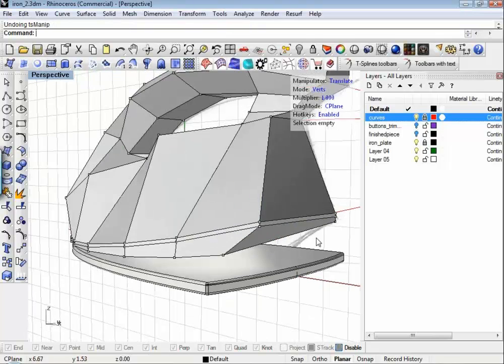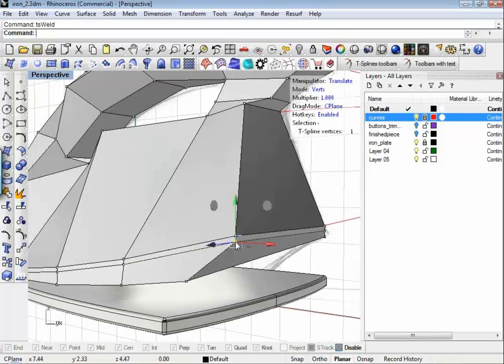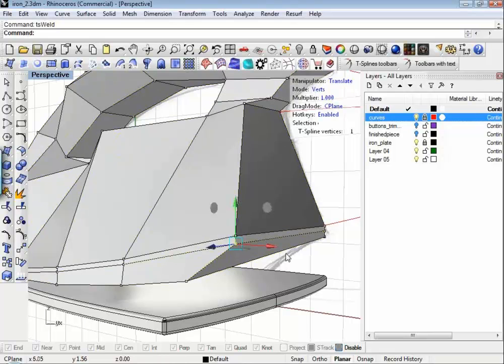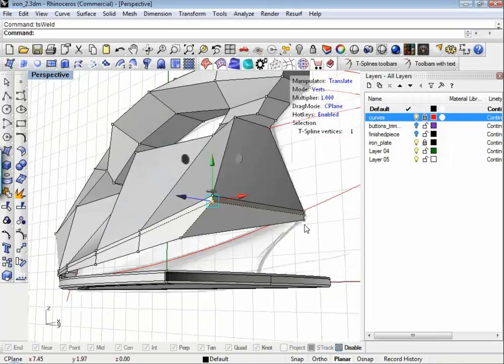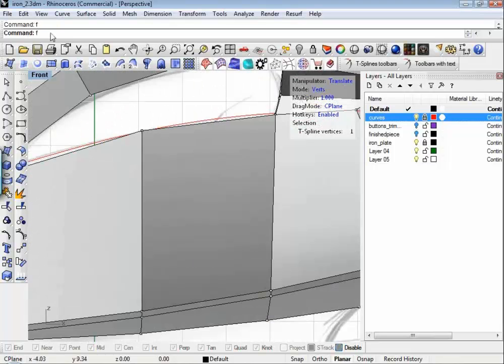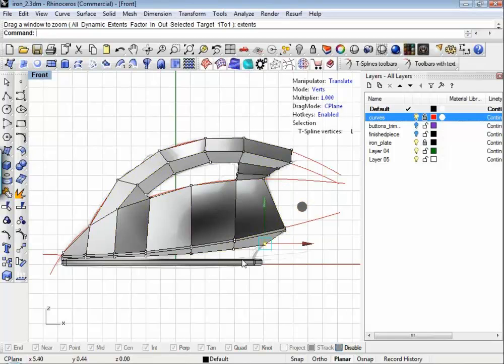So what I'm going to do is I'm going to grab this entire model with verts mode. I'm going to hit the Z key. That welds any coincident points, which gets rid of that additional edge. If you run into this, and it's really common, I do this all the time, obviously, because I just did it live in front of 300 people. All you need to do is select the whole model and weld the verts, and you're back in business. So now that we fixed that one little mistake,